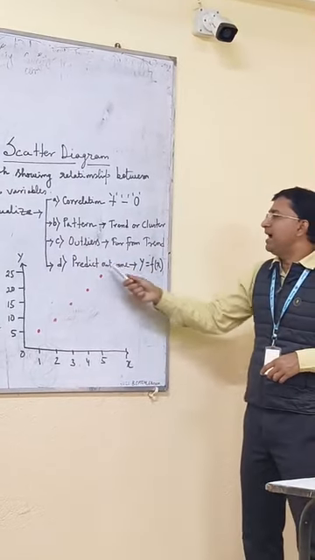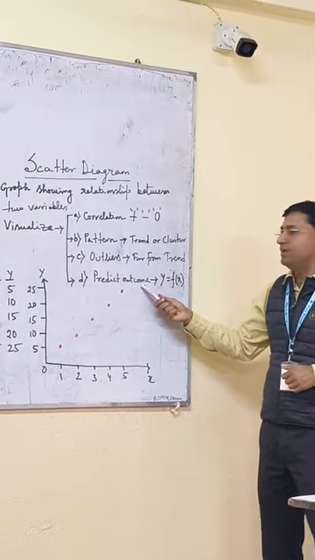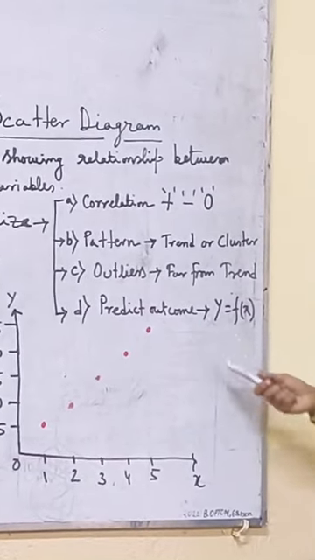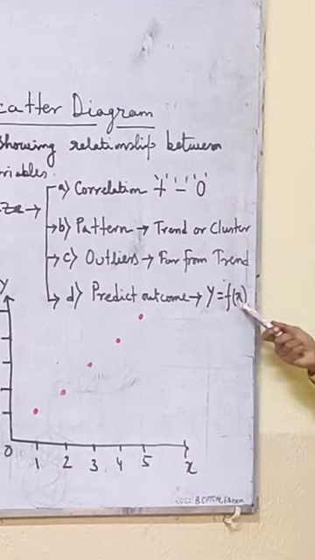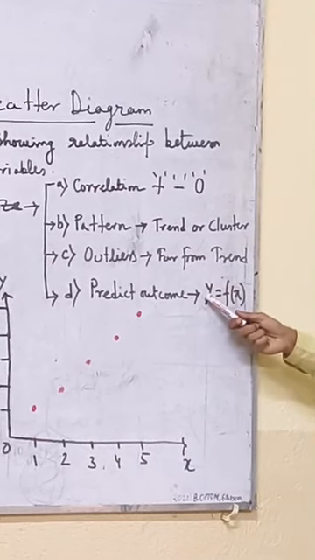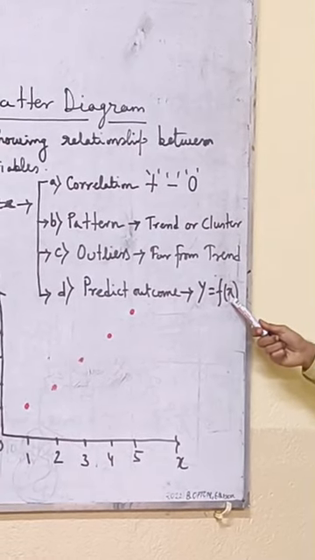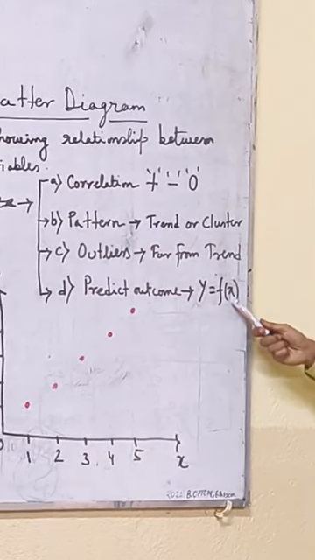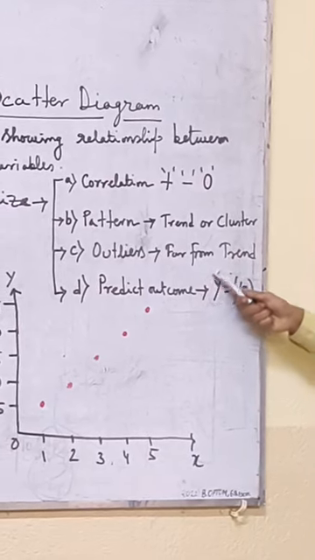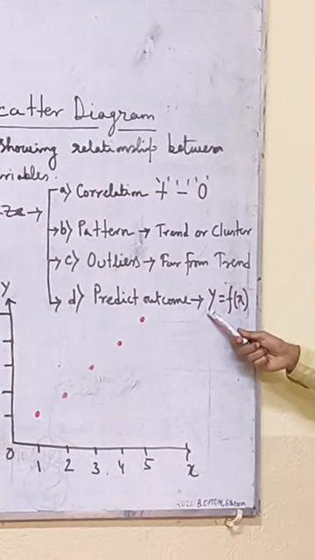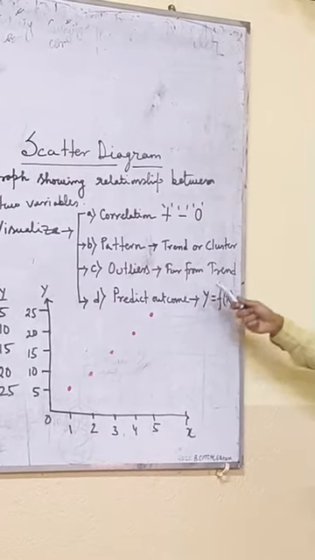We can predict the outcome on the basis of historical data. If we say y equal to function of x, that means y is the dependent variable and x is the independent variable. So on the basis of that, we can predict the value of dependent variable. Suppose y is say